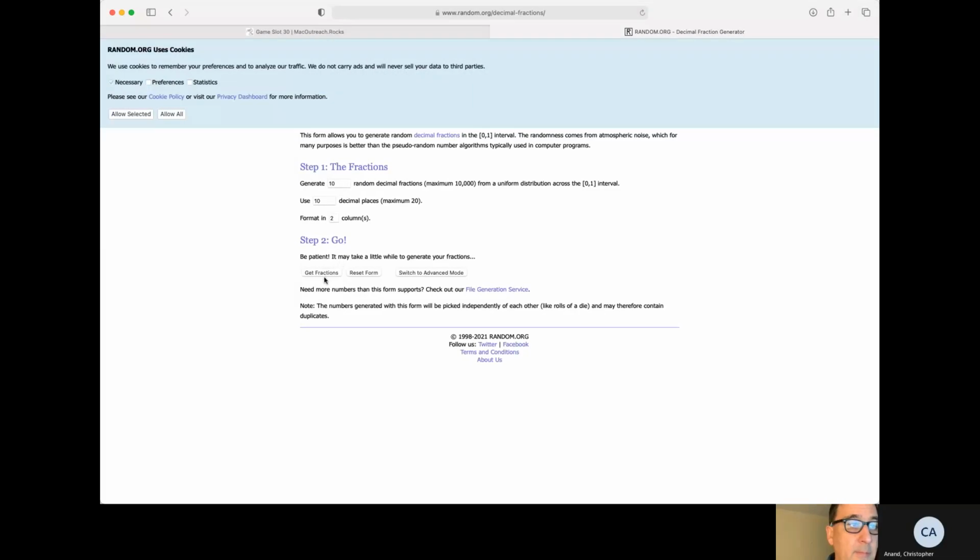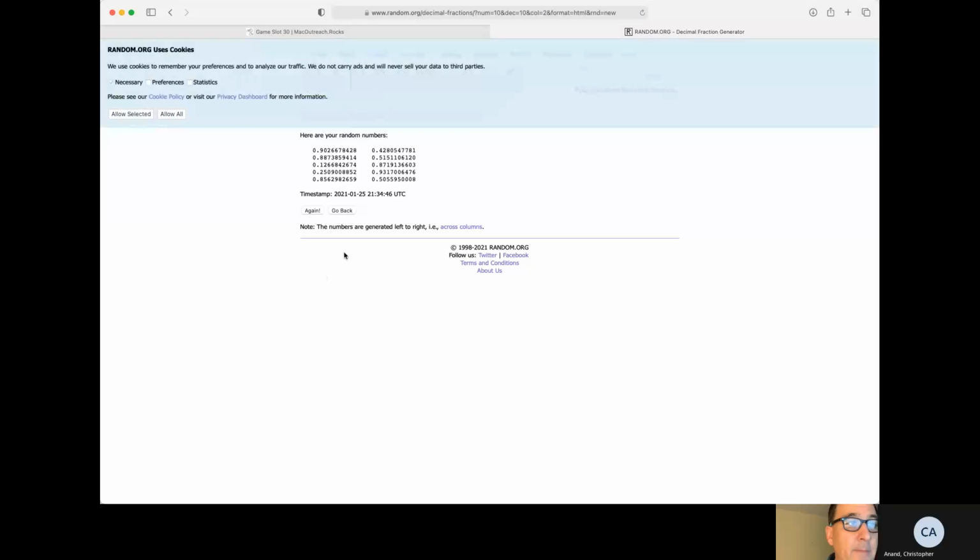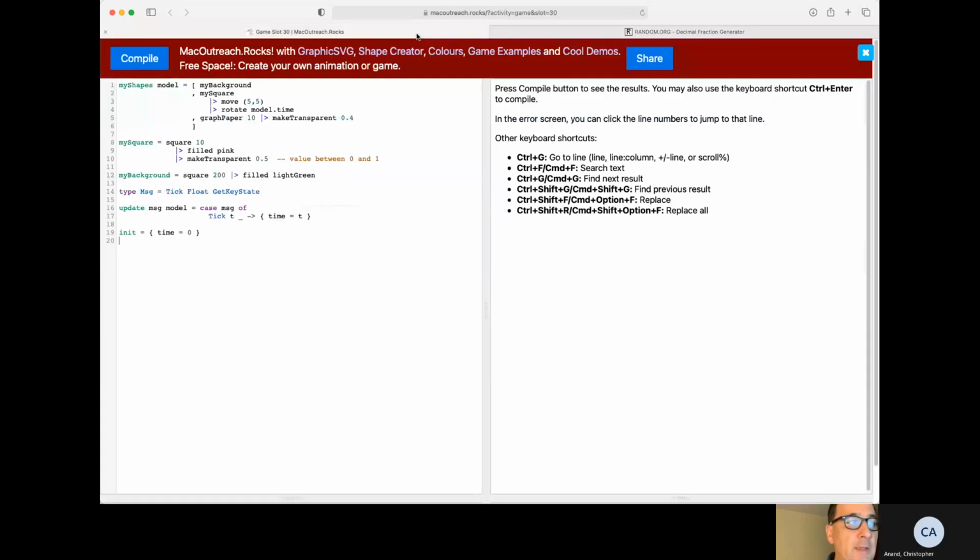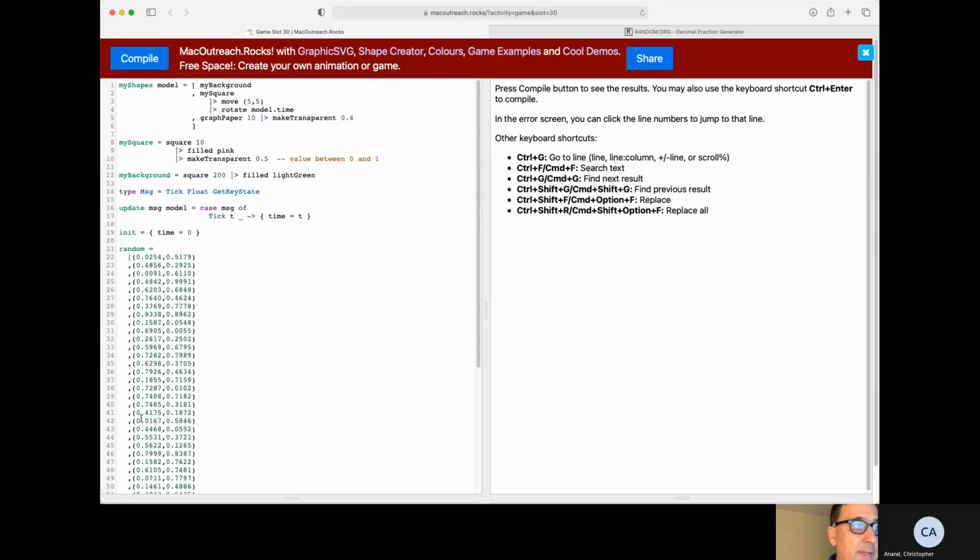We decide how many we're going to generate. We generate them. The numbers will come in columns, but we want to use them as points, so we'll have to do some reformatting. I already did that before, and here are our random points. Okay, now we want to see what these random points look like, so